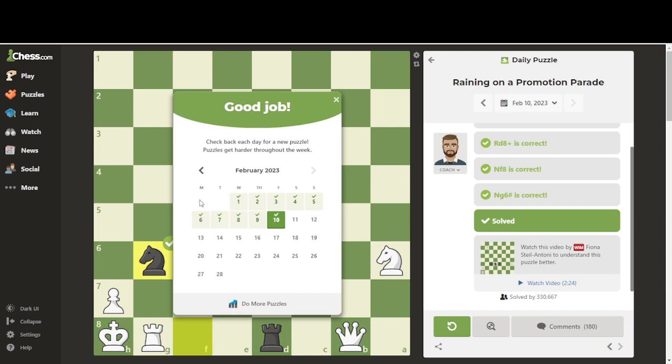And what I also like is that on Monday, it is the easiest puzzle of the week. And on Tuesday, the puzzle is slightly tougher than Monday's, and Wednesday, and you get the idea, it keeps getting tougher as the week progresses. And then, of course, Sunday puzzles are the toughest ones out there. So Monday starts off with the really basic stuff, maybe a hanging piece or back rank, and then by Sunday, they're usually some kind of huge endgame composition or some very tricky idea that takes a lot of nuances